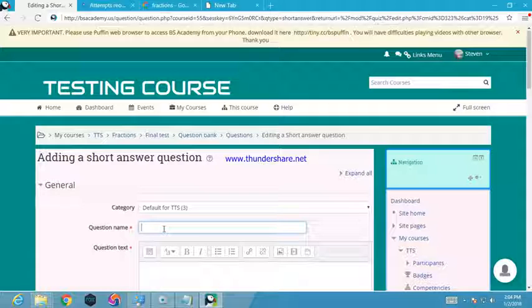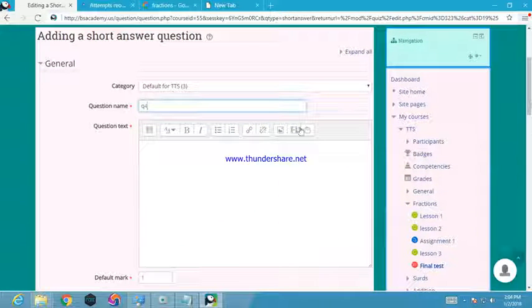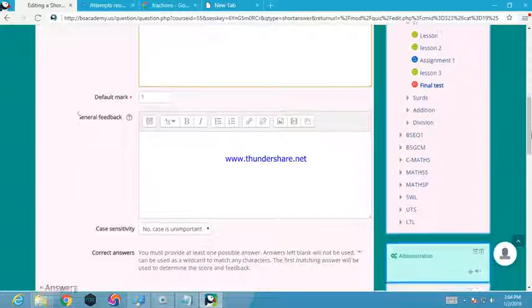So that's question 4. So you can say what is addition of fractions. I'm forming my own questions. Default mark is 1,